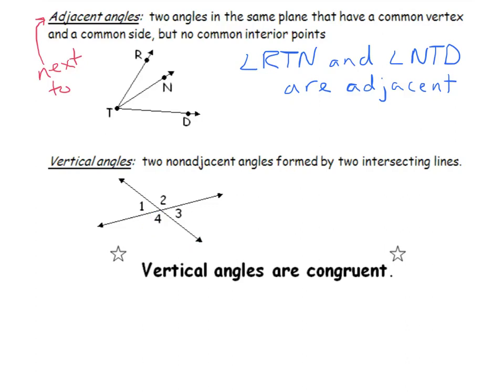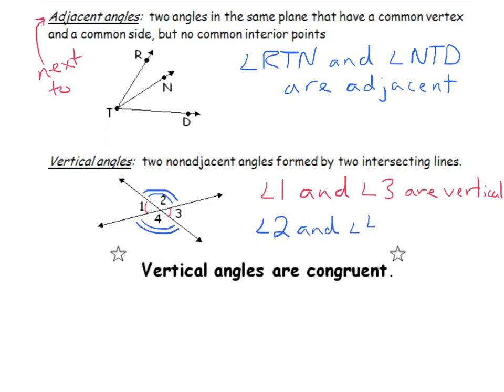And if I take a look at the angles 1, 2, 3, and 4, I automatically know, well, 1 and 2 are next to each other, so they can't be vertical angles. But 1 and 3 are across from each other, and those are vertical angles. They are non-adjacent. They're not next to each other. And they are formed by 2 intersecting lines. So angles 1 and 3 are vertical. And if you can also pick out another pair, you should probably say that angles 2 and 4 are a